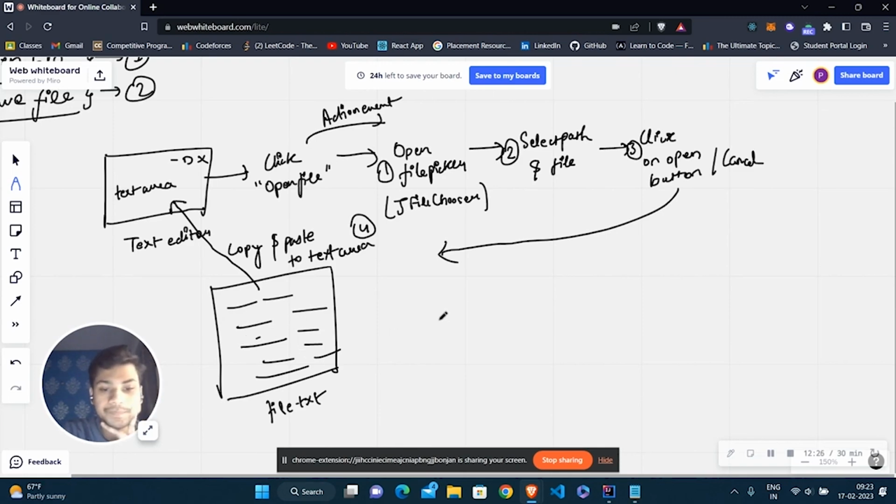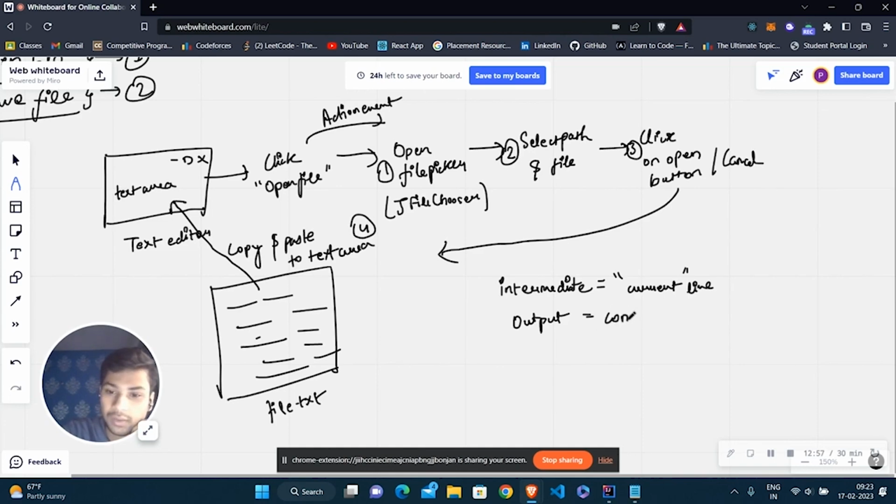Now we will create two strings. First is the intermediate string, and the second is the output string. The intermediate string will be holding the content of the current line, and output will be holding the complete text.